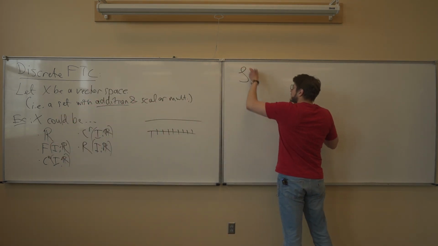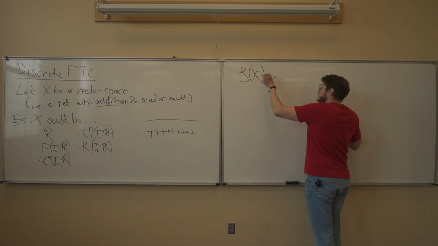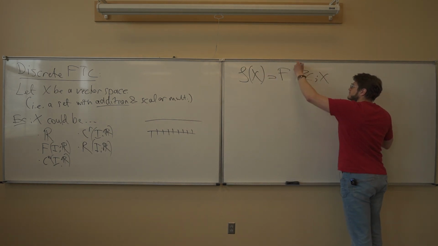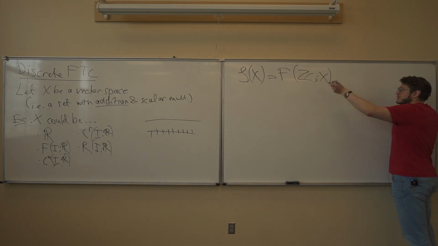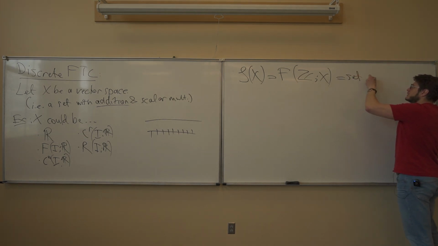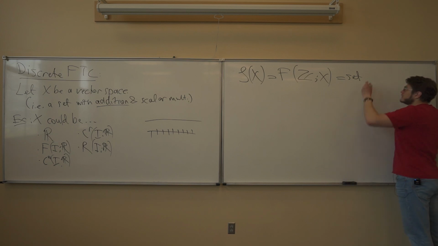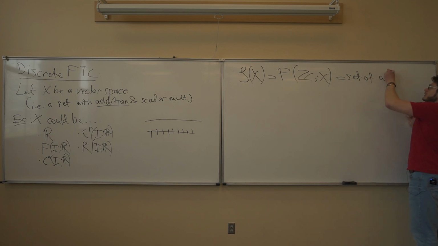So curly S of x is going to be the set of all functions from the integers into x. This is sometimes what is called biinfinite sequences, because it goes to positive infinity and negative infinity. Infinite sequences